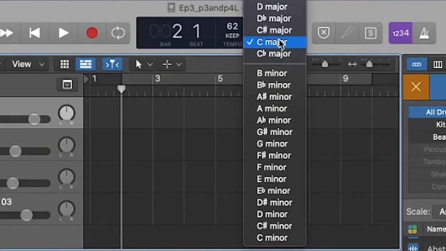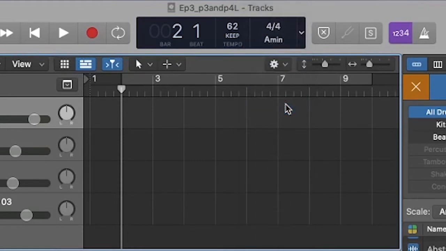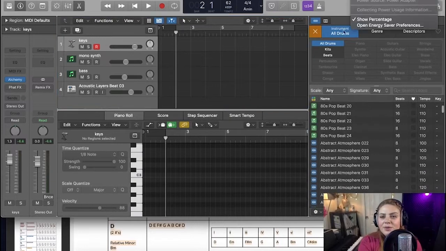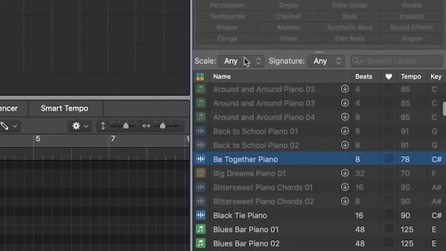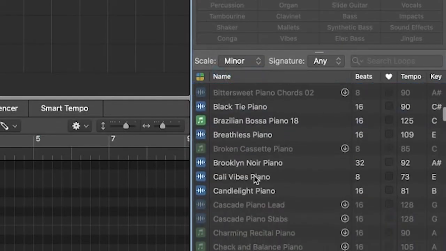We go up to our key signature thing here in Logic. This is a really great tool you can use. And just select A minor. Then, when you go to your samples, since we know that we're going to be in minor, we're going to select minor. And then any sample that you drag in, regardless of the key, you can see it says key here,